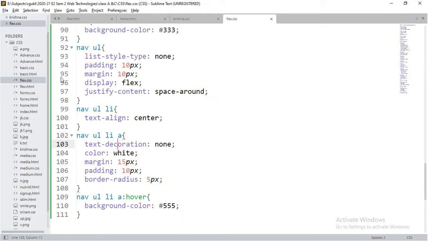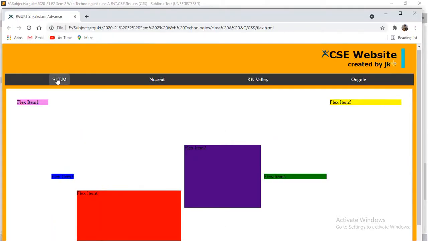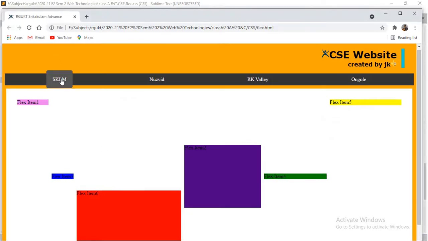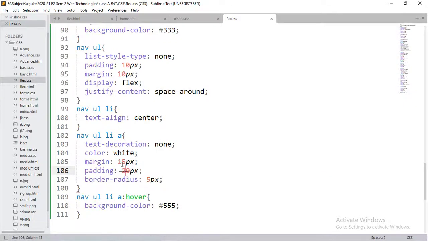So what is this anchor tag? Around the content, I would like to provide some space, for example 20 pixels, to increase on all the sides.